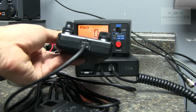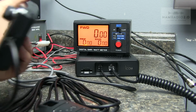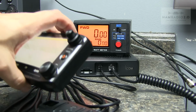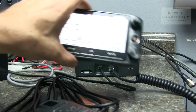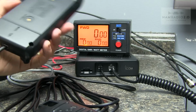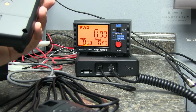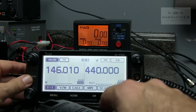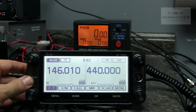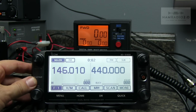Let's take a look at the screen and the programming menu on this ID-5100A. The side port on the face is for the control head, not the microphone. So there is no way to mount the microphone to the face of the radio. Okay, that's a little bit disappointing. I don't know why they do that. It doesn't make any sense to me why they would do that, because it makes it a lot harder if you're in an environment that does